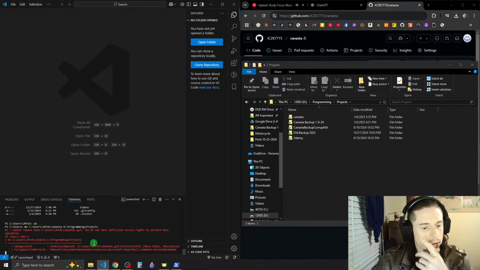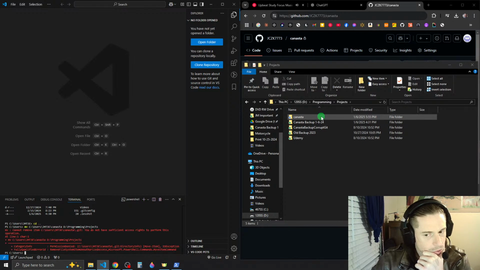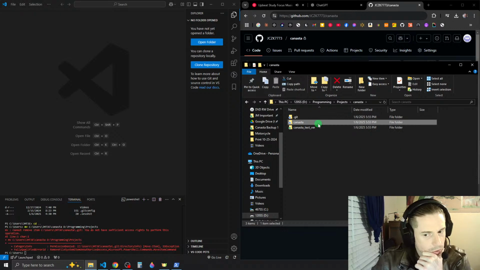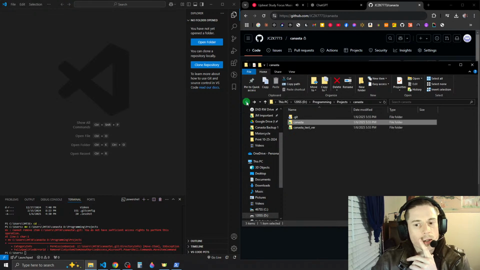Can't remove item. Not have sufficient access rights to perform this operation. Okay. I made a boo-boo. This is here now, though.